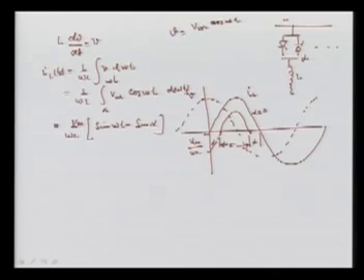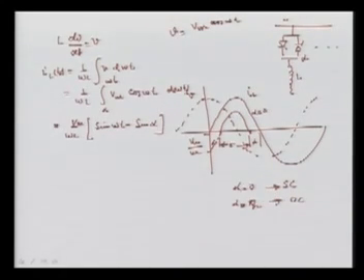There is some phase shift here. When alpha is 0, the switches are closed, or you can say it is a short circuit condition. When alpha is pi by 2, then it is open, and if you put alpha equal to pi by 2, you will find it is an open circuit, OC.